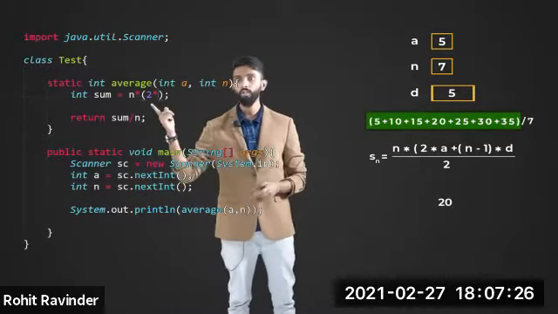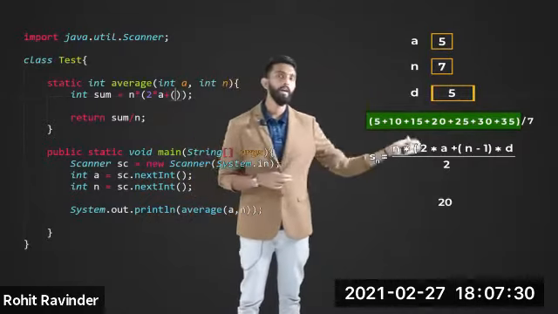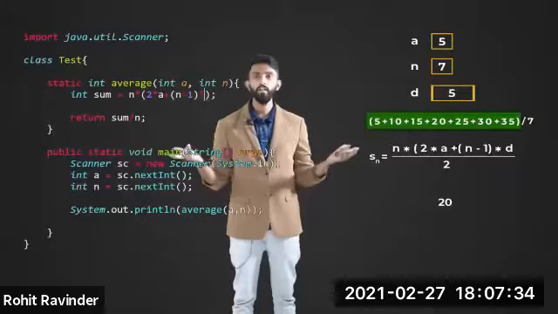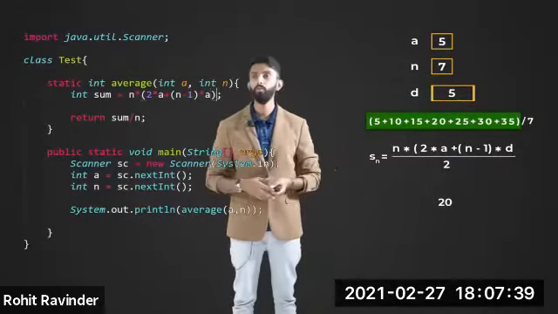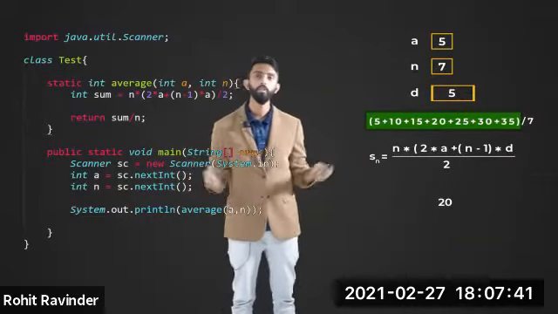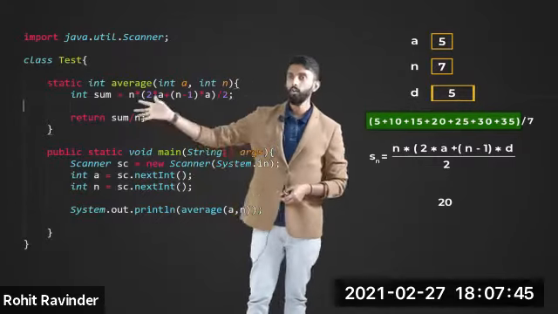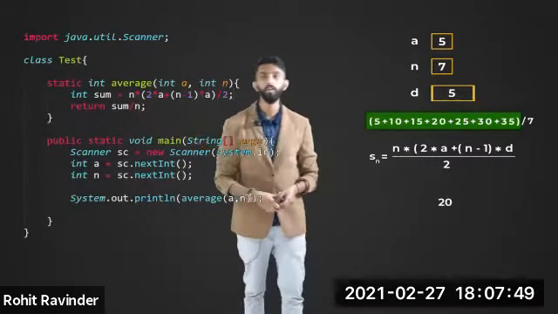A value anyways you have. I will tell A plus, within brackets, n minus 1. So n you have, minus 1, right? Into D. In this case, D is nothing but A. So again, I will tell A divided by 2. That's all. You got sum divided by n. That is what you're returning. Code size reduced, efficiency reduced, space reduced, time reduced, everything reduced.